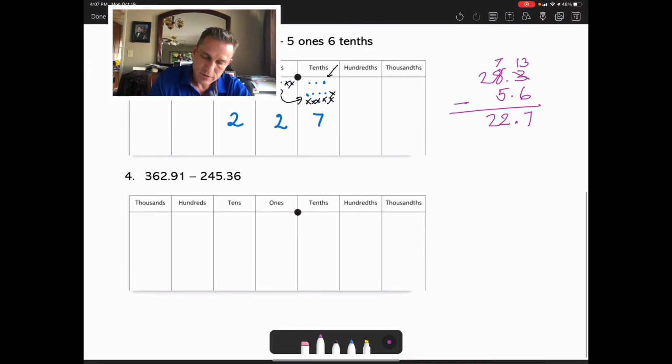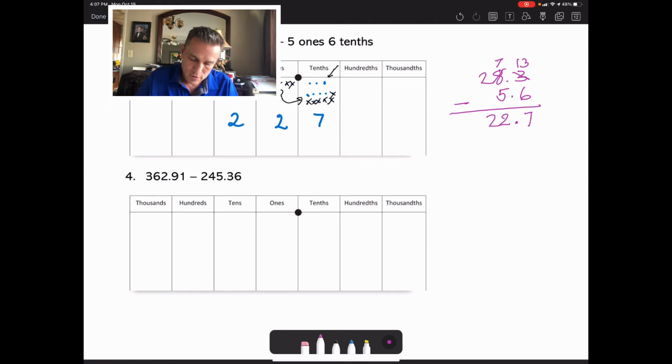All right, let's take a look at the last one. This one looks a little busy, but we can still apply the same rules to it and we'll get through it. So we're going to start off with 3 hundreds. 1, 2, 3. We have 6 tens. 2, 3, 4, 5, 6. And we have 2 ones. 2. We have 9 tenths. And 1 hundredth. All right, now we're going to take away